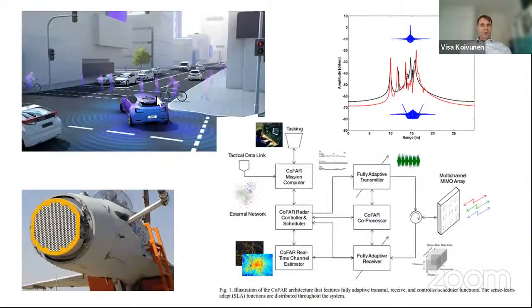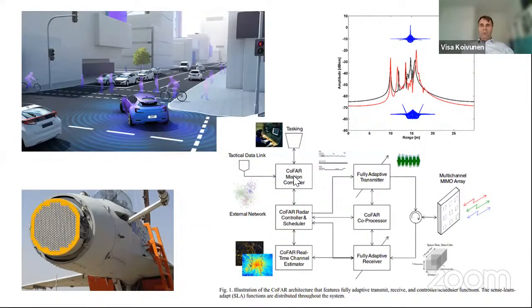And then, of course, one of the most promising areas is vehicular applications, where cars are equipped with multiple radars in order to detect pedestrians, bikers, and other vehicles, making sure that everybody's safe. And then on the other end of this radar technology are these military radars. There's an electronically steerable array system in front of the fighter jet, and this is a picture of a very modern radar concept, a fully adaptive